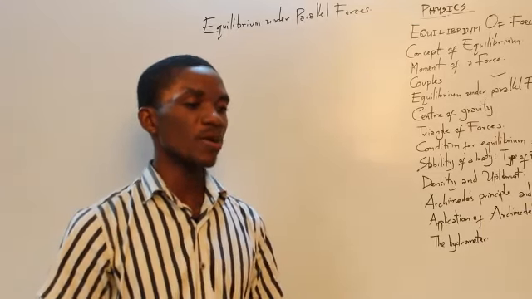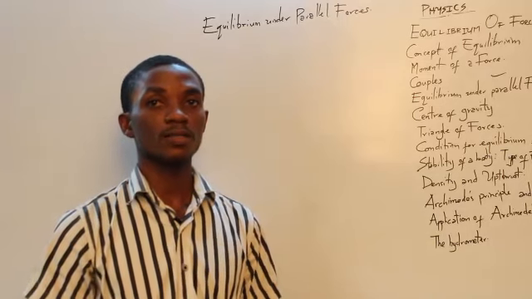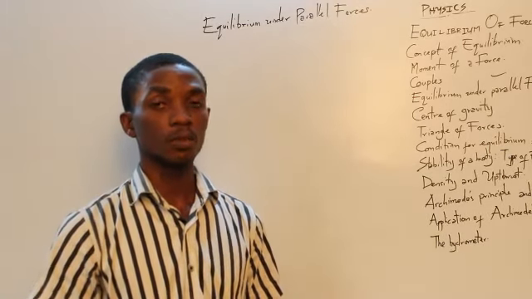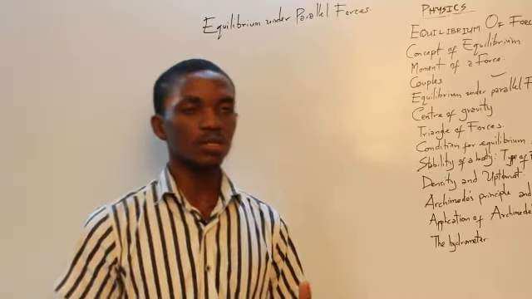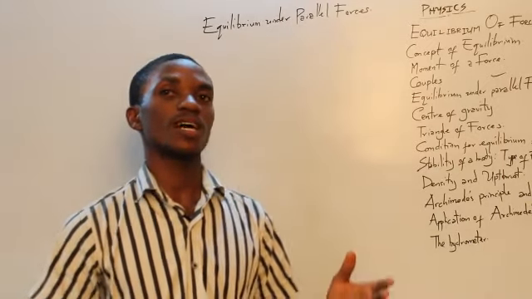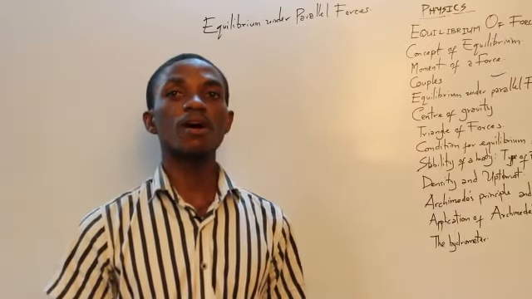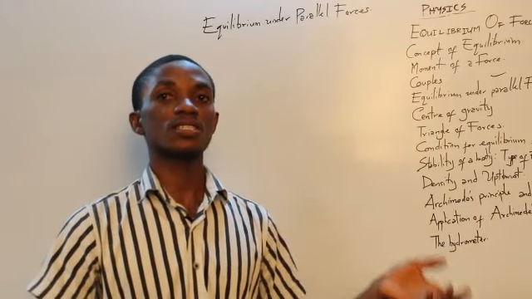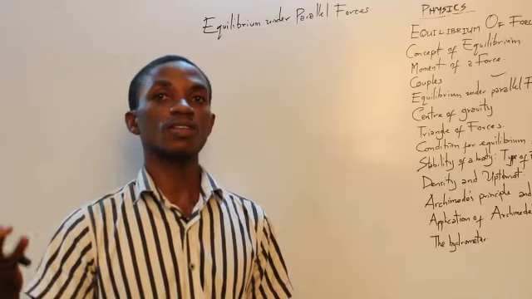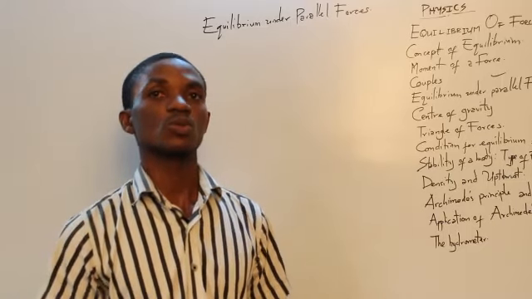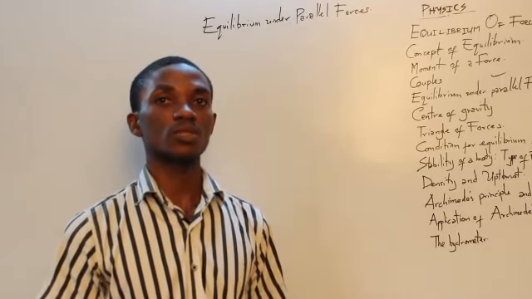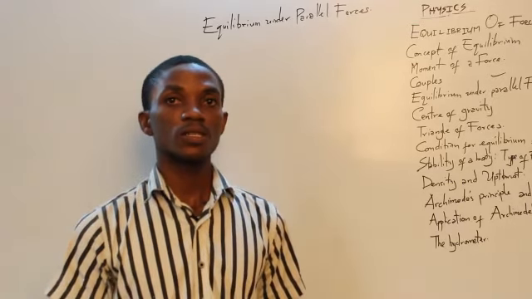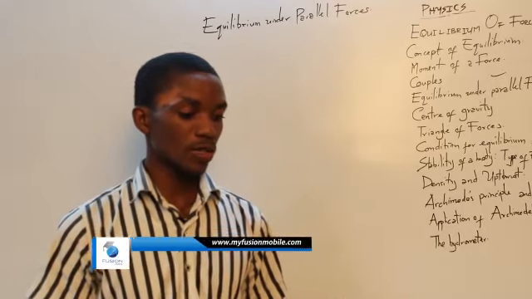So when we talk about moments, we see that coming into play. You see two children sit on the seesaw and one goes down, the other comes up. If both of them are of the same mass and they are sitting at the same distance from the pivot, the seesaw stays stable unless one of them applies an extra force to make it begin to swing. Now, when we talk about moments,